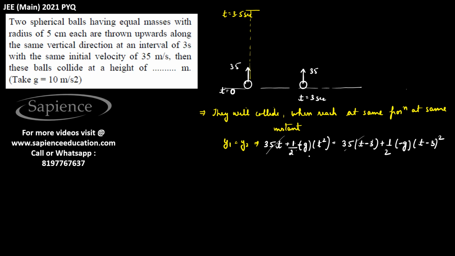Half of g can be written as 5, so 5t square. So we can write minus 5t square minus, minus plus 5(t minus 3) the whole square is equal to 35 into 3, which is 105. So 105, we just divide, and this is like a square minus